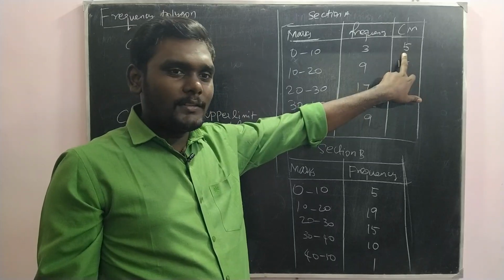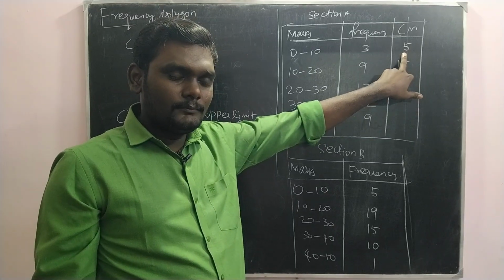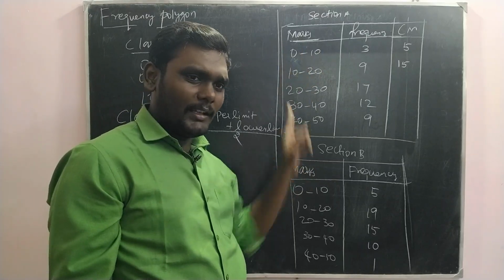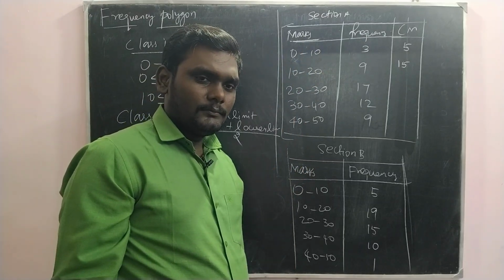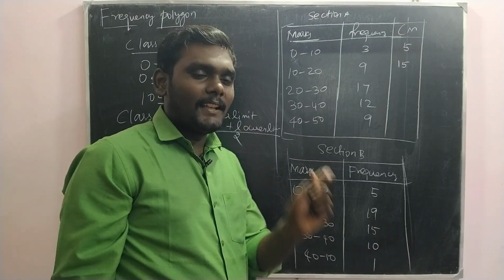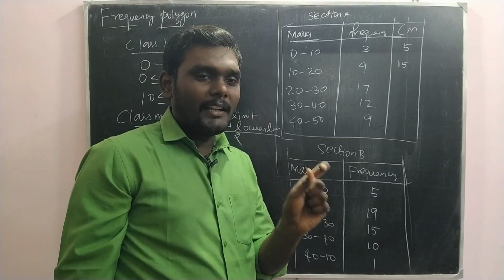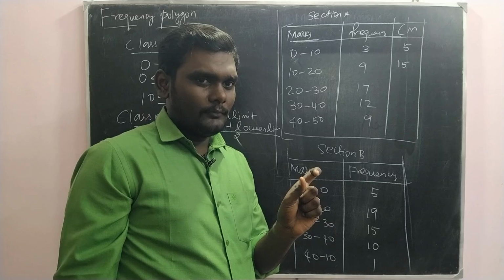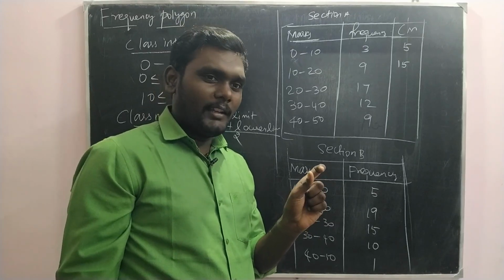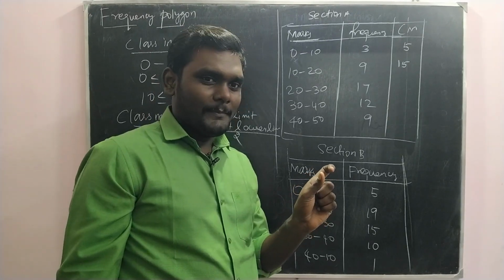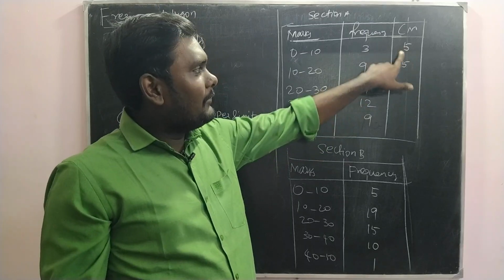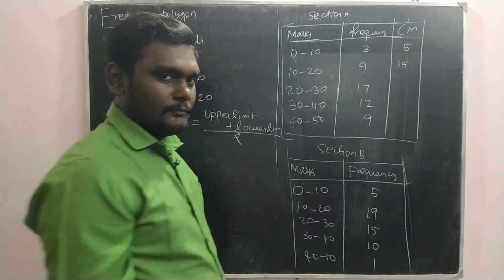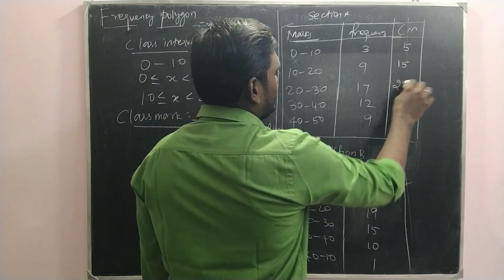What is the class size? What is the common class size? Class size is upper limit minus lower limit, which is 10. So 5 plus 10 is 15, 15 plus 10 is 25. Next